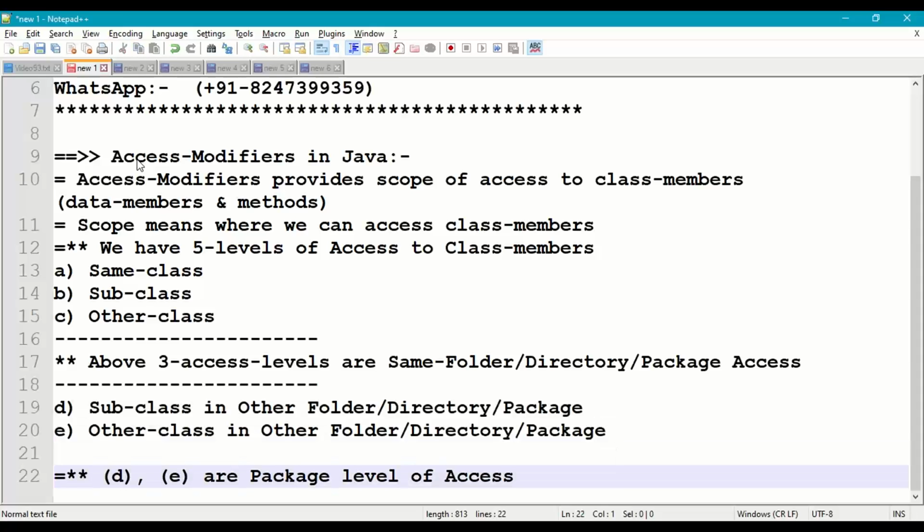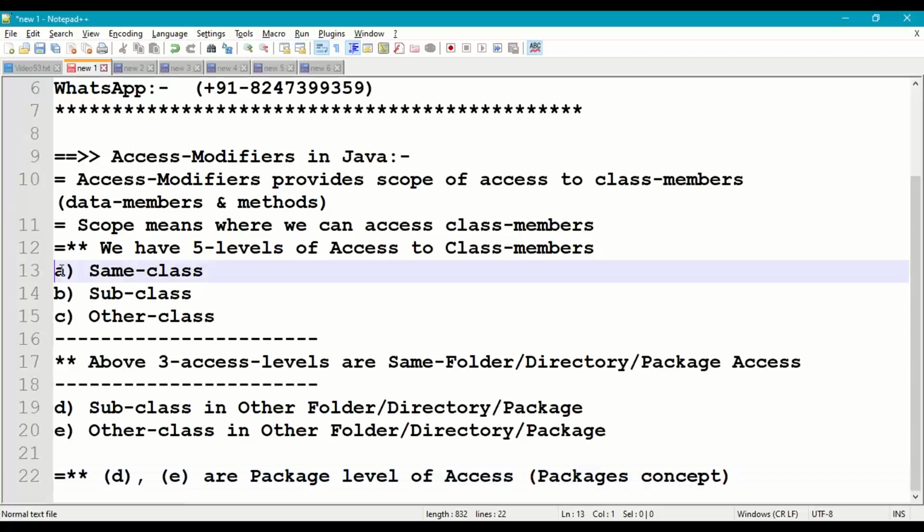So the fourth and fifth levels of access are related to the packages concept. Let us concentrate more on same class access, subclass access, other class access of default access modifier